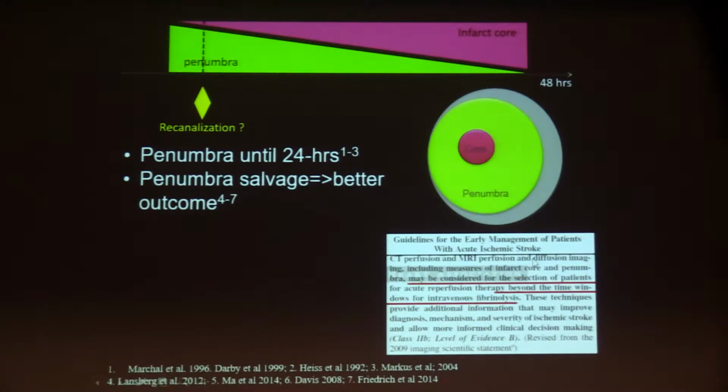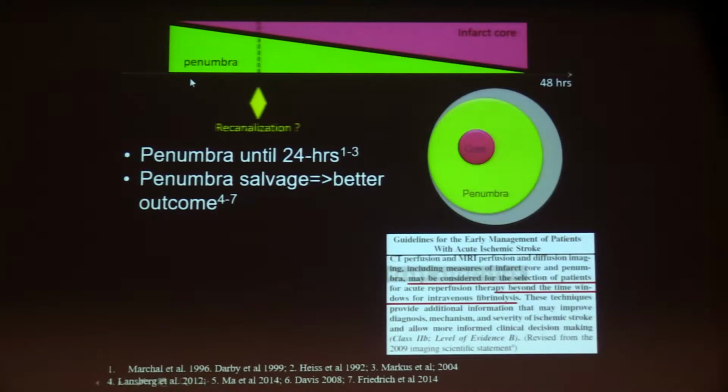Let's move to the second part of my talk, and I will try to convince you that using perfusion we also provide very important information. A few words about the physiopathology of acute stroke. Here, if this is the time zero of the arterial occlusion, as you know, the patient will have some of the brain in penumbra, that means at risk of ischemia, and there is a second part of the brain that will correspond to infarct core.